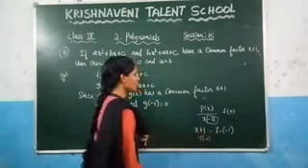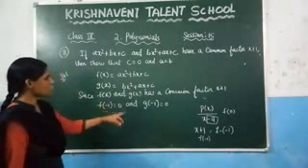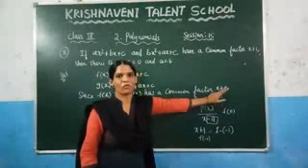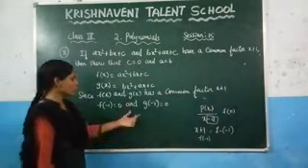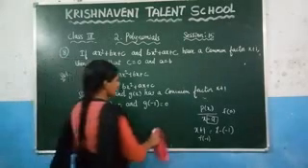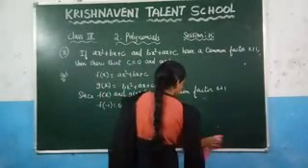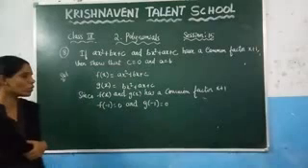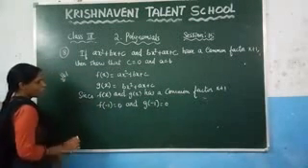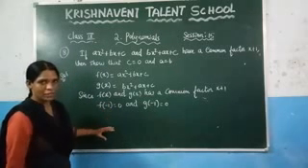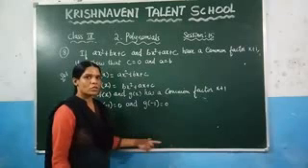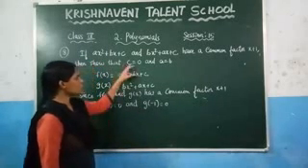This is important. Since these two polynomials have a common factor x plus 1, you can say that f of minus 1 is equal to 0, and similarly g of minus 1 is equal to 0. That means in place of x, if you substitute minus 1 in these two polynomials, you have to get the remainder as 0. This is the meaning of this statement. If you consider f of minus 1 equal to 0, you will get one equation, and if you consider g of minus 1, you will get another equation. Based on these two equations, we will prove this condition.